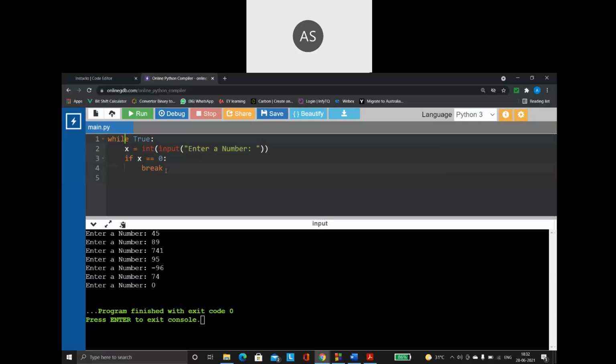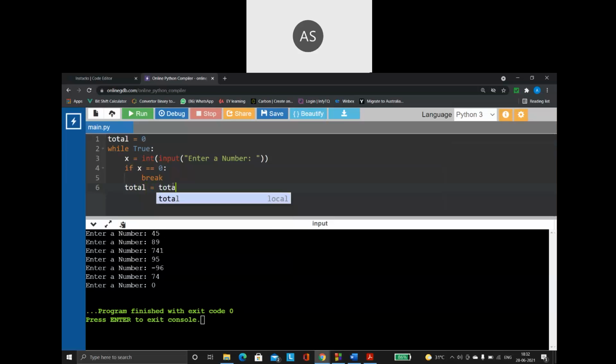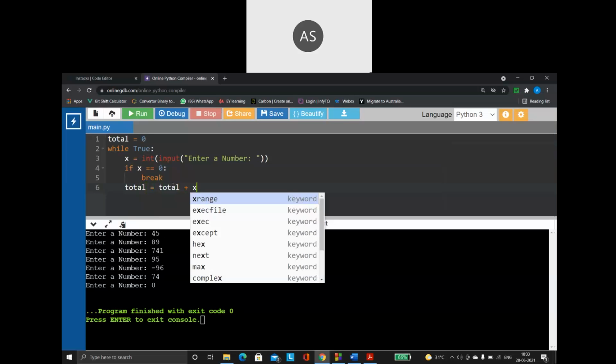Let us do some work here. I am going to say total is equal to 0. The initial value, the starting value of the variable total is 0. Now I am saying total is equal to total plus x.